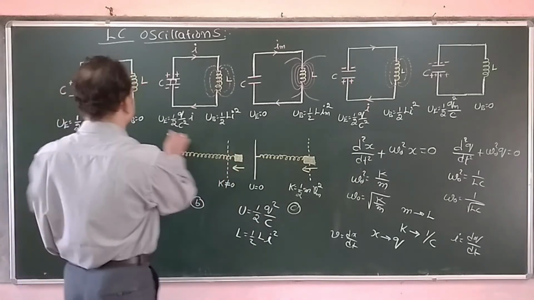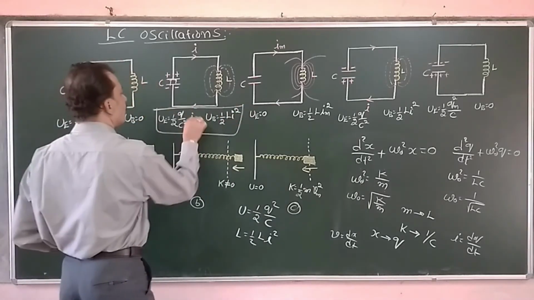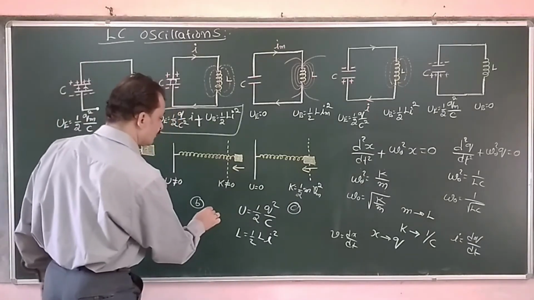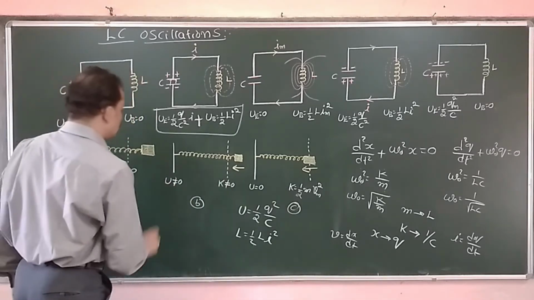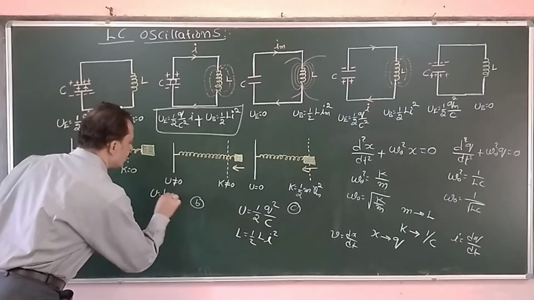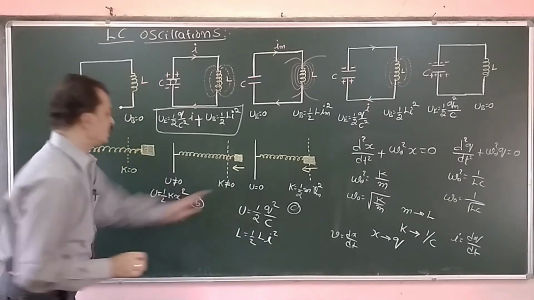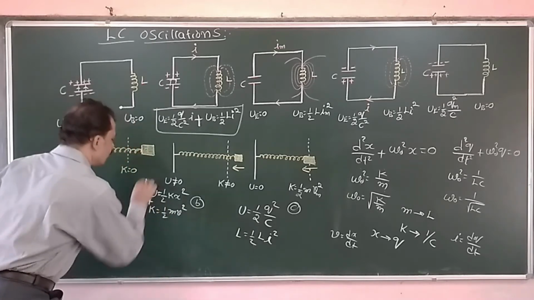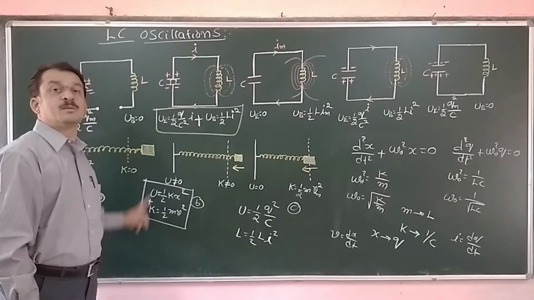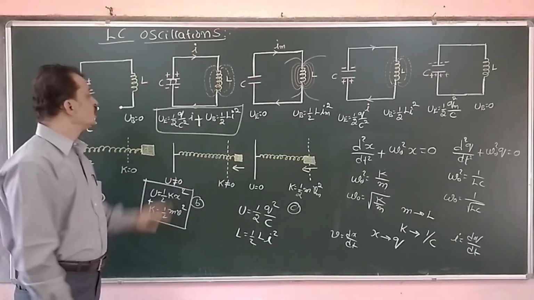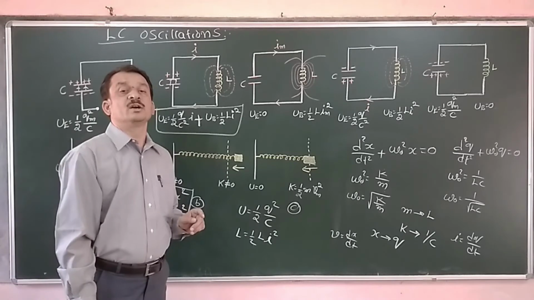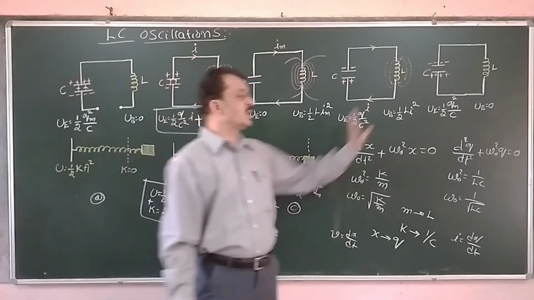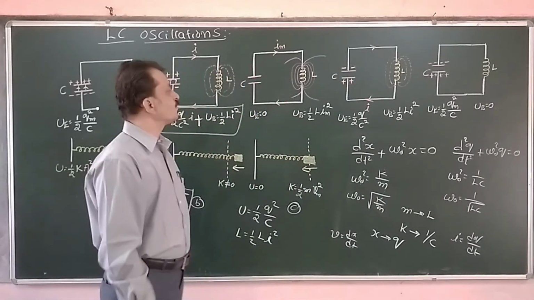Now these are the comparisons, and also we can compare energy. The sum of these two is the electromagnetic energy, and the sum of these two here. So U, potential energy, is half kx square, and kinetic energy K is half m v square, their sum. Now this total represents the total mechanical energy of this mass system, and this sum represents the total electromagnetic energy. Like this we can compare the mechanical oscillations with the electromagnetic oscillations.